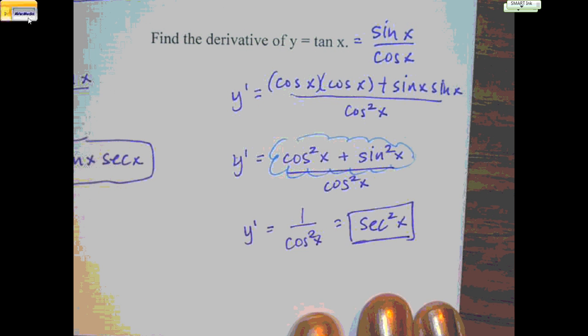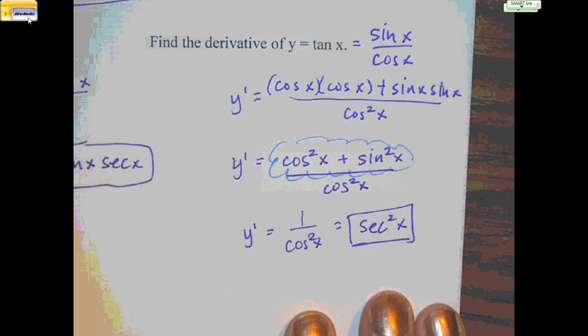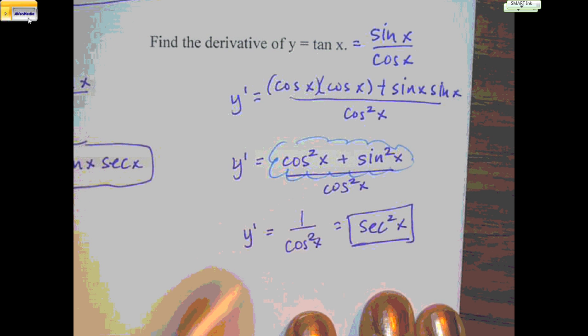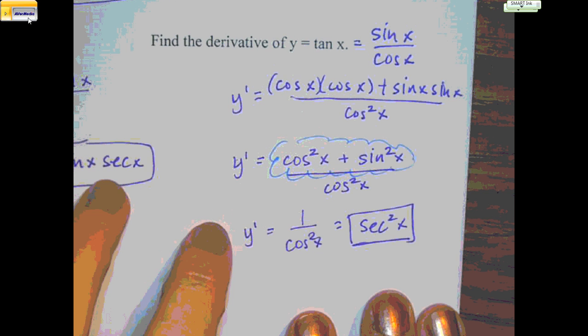Now these are handy ones to have memorized. You don't have to have them memorized. All you have to have memorized is the sine and cosine, and they'll get you there. But on an assignment or a quiz or an assessment, if you had those memorized, I would totally take it because, next page,